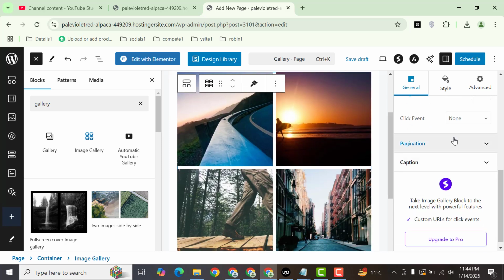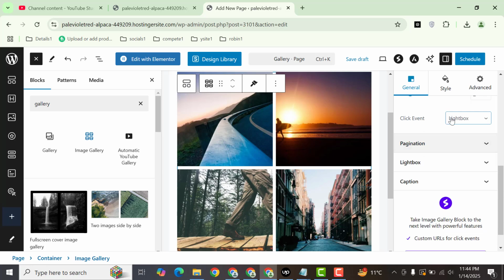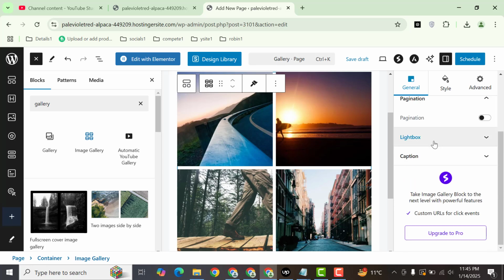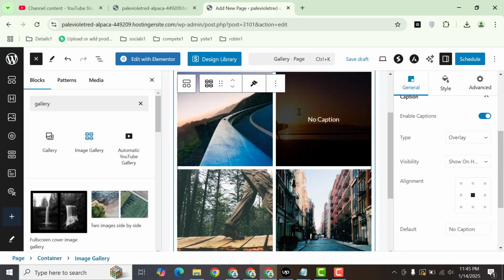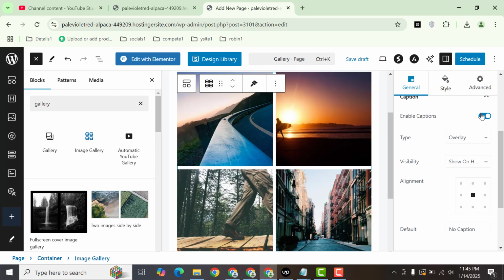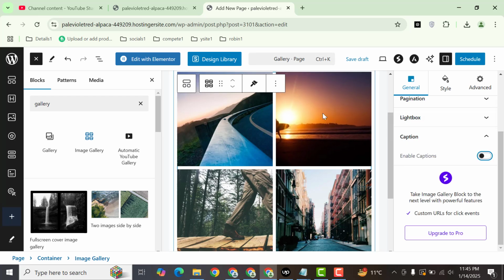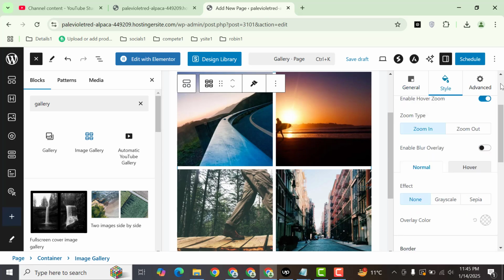And then scroll down, and here you can set the click event. So I think light box is recommended. You can select the pagination, so that is if you have more images. And for the captions you can enable, disable. Here you can see there is no caption, so that looks good. Then go to style tab,